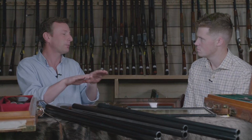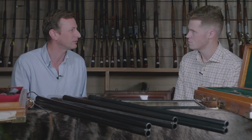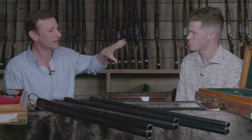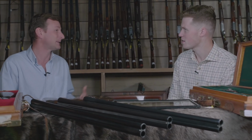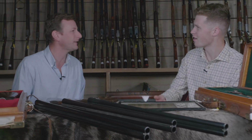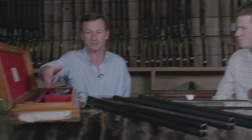It was probably running in parallel. The fowlers were asking for specific things that I think were then also co-opted by live pigeon, and then the live pigeon guns developed. Take it to the extreme. Yeah, take it to the extreme, because they've got the cash. They develop expensive patents, whereas the others are not getting half a penny for a duck. They've got £250,000 in the bank. Exactly, and they wanted better finishing and higher spec engraving and all of the things that go with a very, very expensive gun. Like Formula One. You don't see them waltzing around in white suits. No, exactly. So they run in parallel,